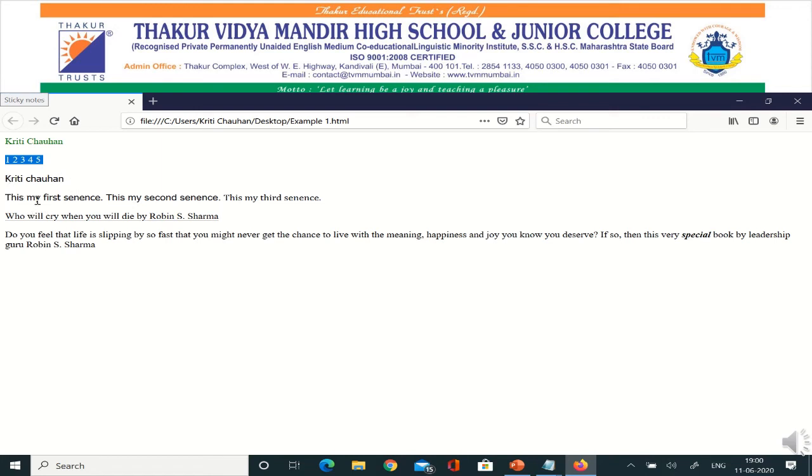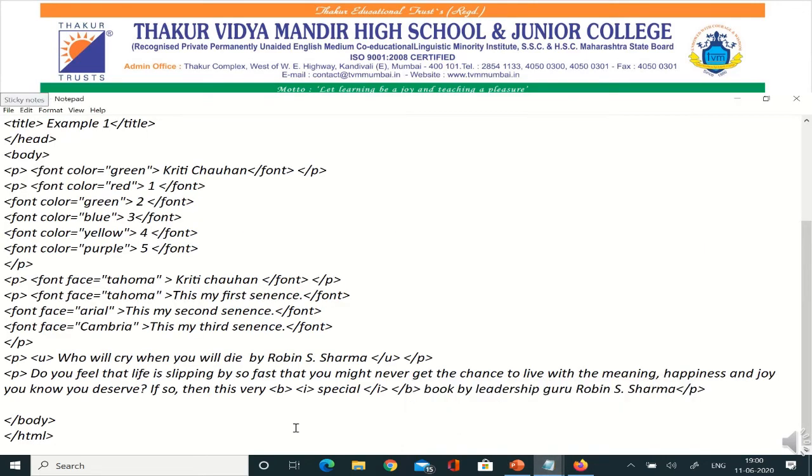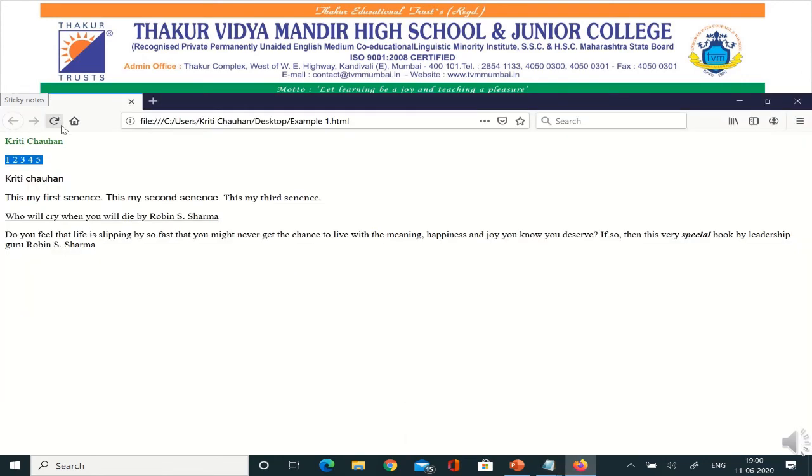Now next is the font style. It is Ohana, and can you see the three different sentences? Let's go with Algerian so you will see properly. Let's refresh the browser. The Algerian font will have a bigger effect. Can you see the three different styles here? The next is underline.